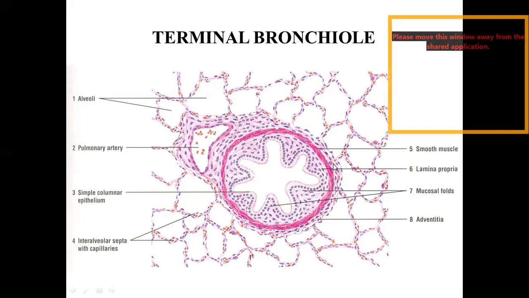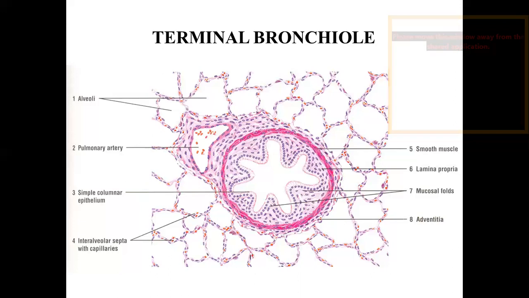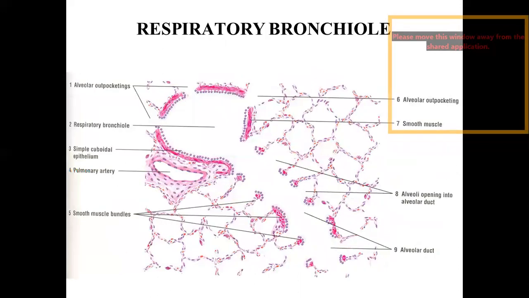If you see, there is no seromucous gland, there are no goblet cells in the lining epithelium, there is no cartilage. So these three important differences you should know when you are shifting from bronchus to bronchiole. No gland, no goblet cell, no cartilaginous layer, and the smooth muscle layer is very prominent, and the epithelial lining is changing. So this is bronchiole. Bronchiolar respiratory unit is less than 1 millimeter in diameter, and the bronchus is more than 1 millimeter in diameter.